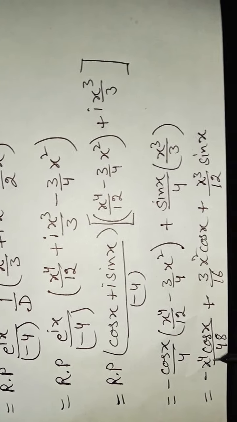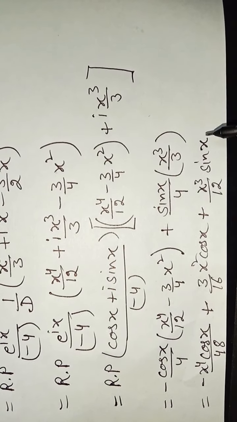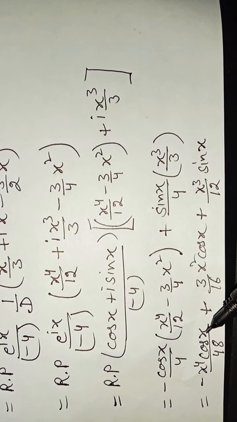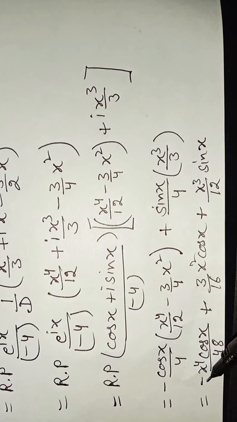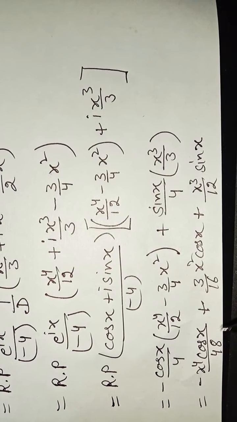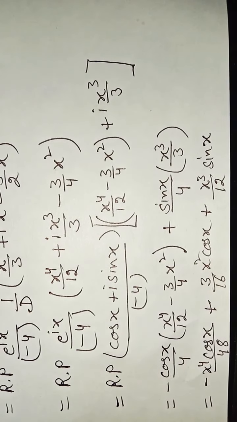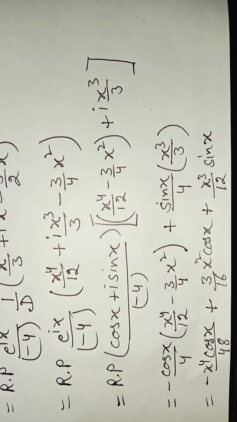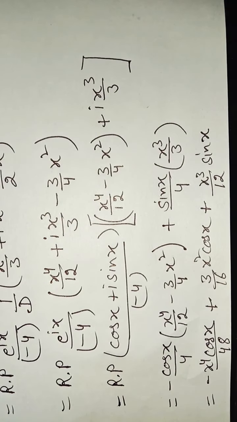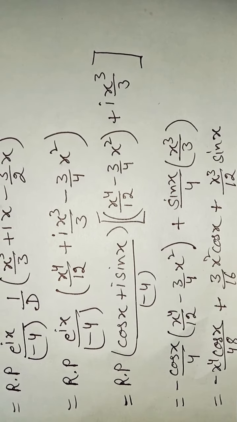Okay, so this way you can find the particular integral, and what will be the complete solution? The complete solution of this problem will be nothing but the complementary function plus the particular integral. The complementary function we have already calculated for this problem, and this is the particular integral. So their sum will give you the required complete solution. Here in this lecture we have studied, if the right hand side Q(x) is the product of 2 functions, then how to find the particular integral.